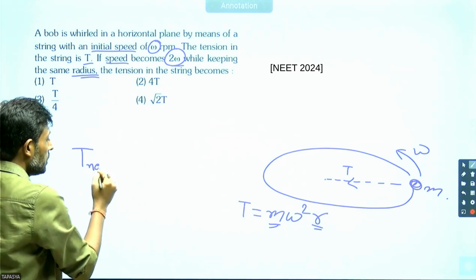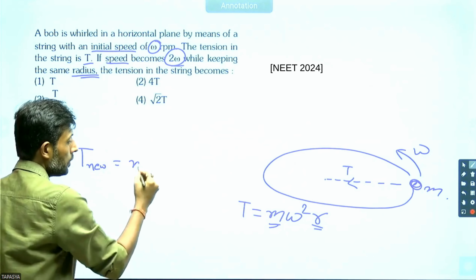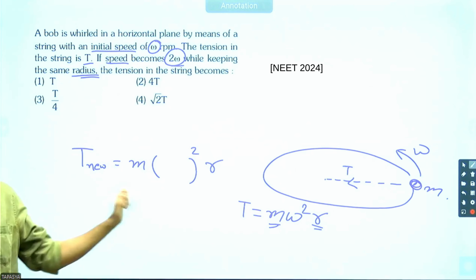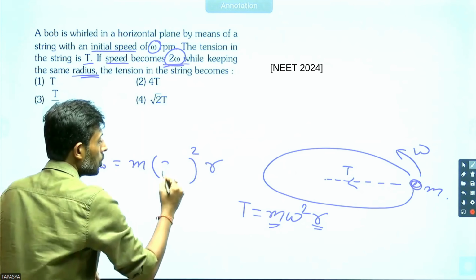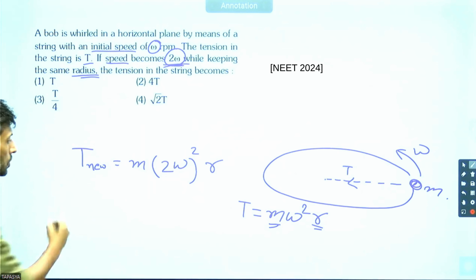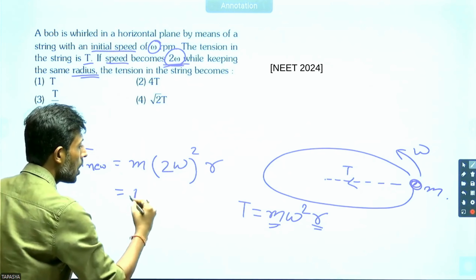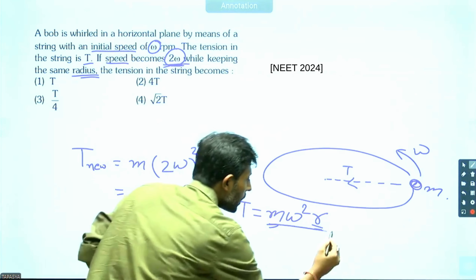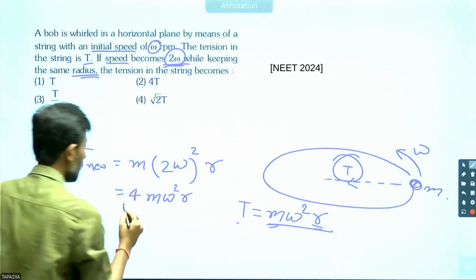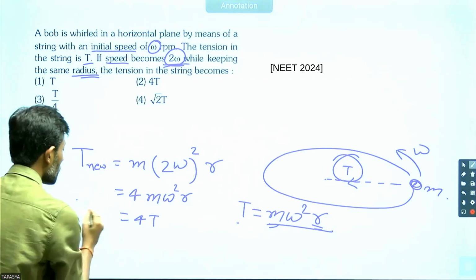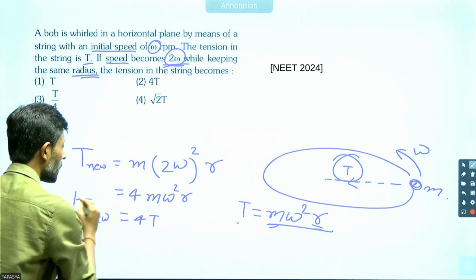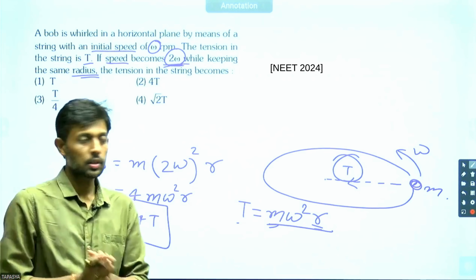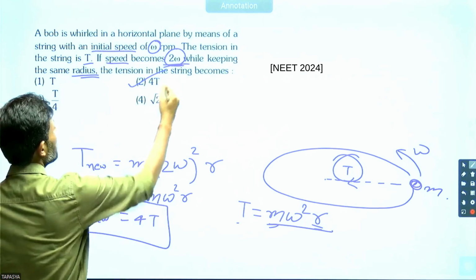The new tension would be m, the new omega whole square, r. And the new omega is 2 times the initial omega. So let's see how much the tension is increasing. 4m omega square r. And m omega square r was T. So we can write 4 times T. So the new tension is 4 times the original tension. So that's the solution. It would be answer option number